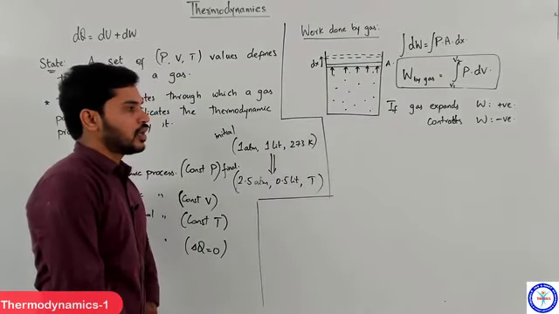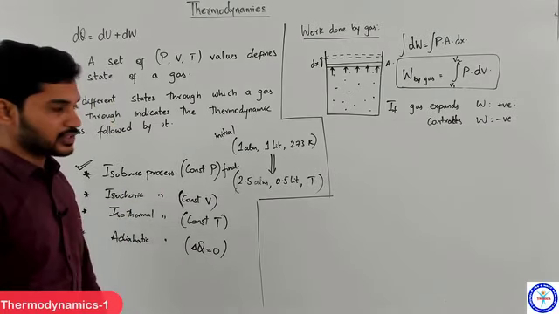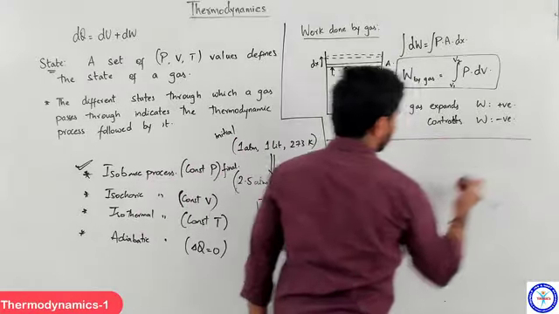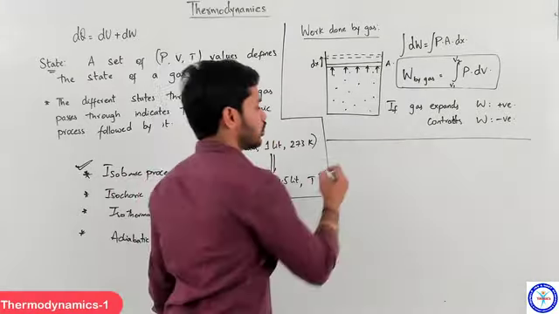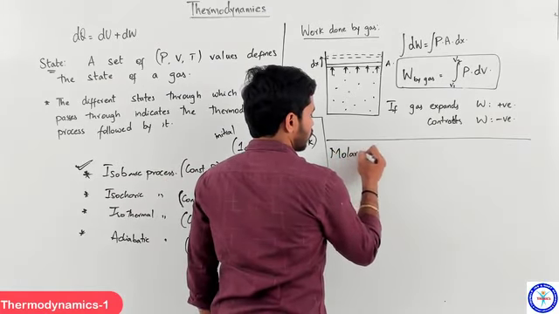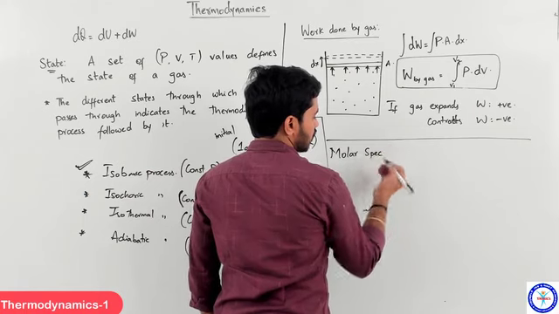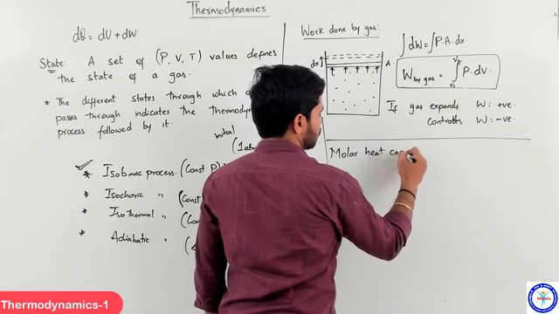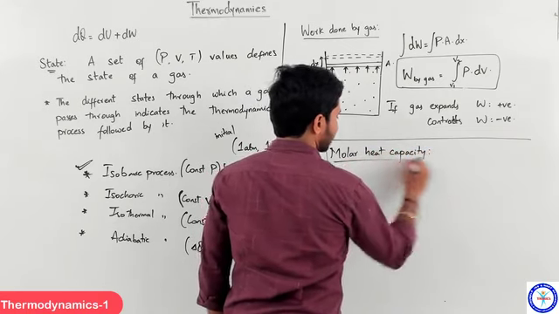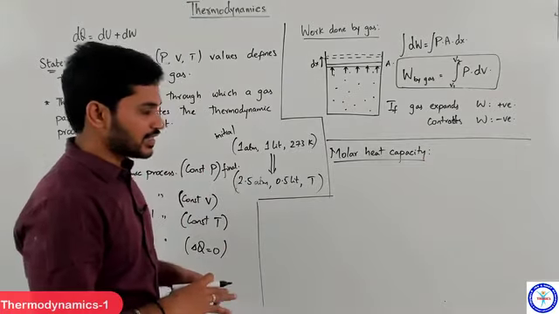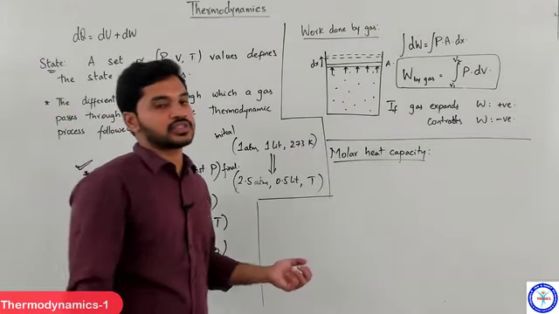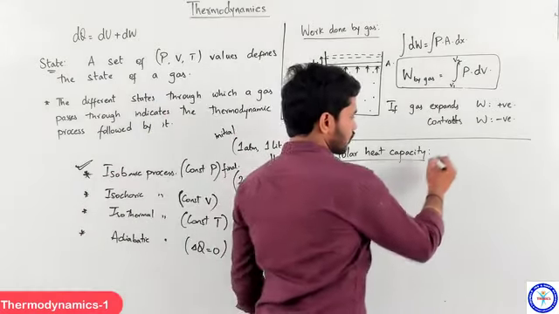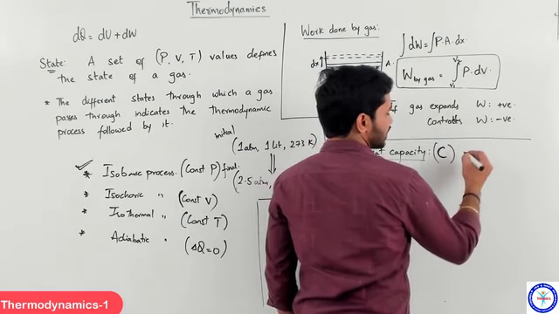Clear? Okay then, while discussing these four processes, apart from calculating work done, we'll also be talking about one more very important parameter, which we call molar specific heat, or molar heat capacity. Just like we have specific heat capacity, which is the amount of heat that should be supplied to a unit mass of a substance to increase its temperature by 1 degree Celsius, molar heat capacity, which is generally denoted with C, represents the